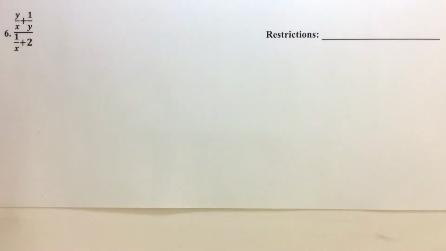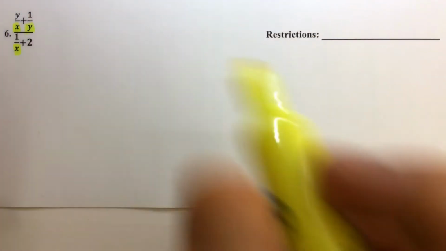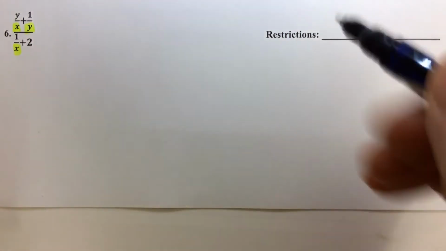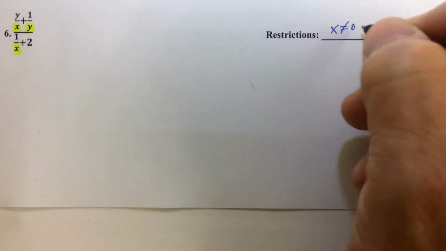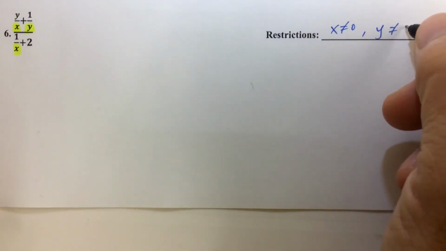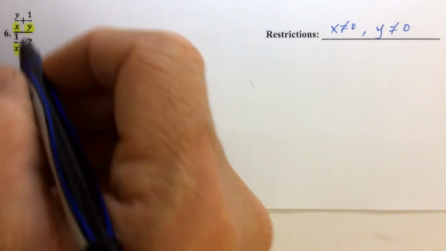So for problem number 6, it is a little different than what we've seen, but nevertheless, let's see if we can handle it. We've got 3 denominators so far, so we need to identify that if we have a denominator, that denominator is not allowed to be 0. So x is not allowed to equal 0, and y is not allowed to equal 0. And we may come up with some more restrictions here, but before we do anything, we need to identify that